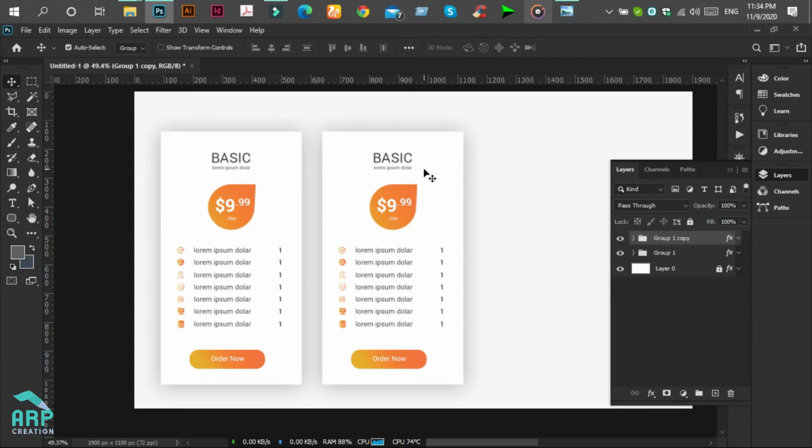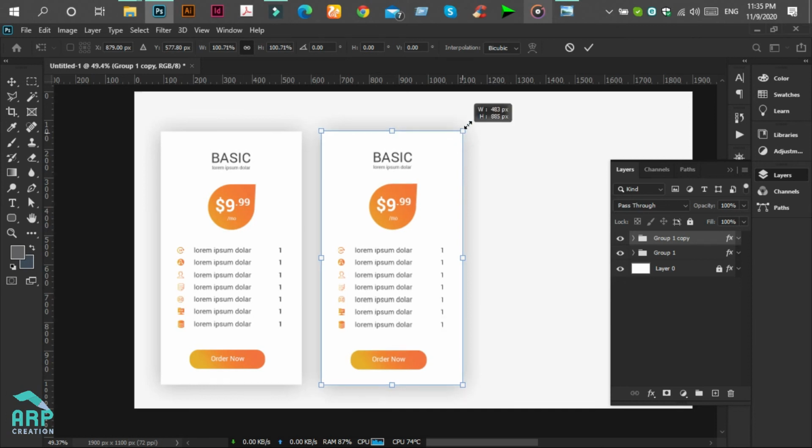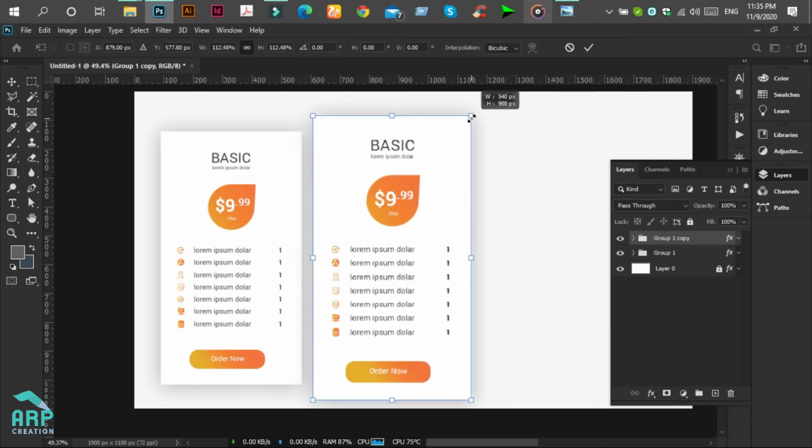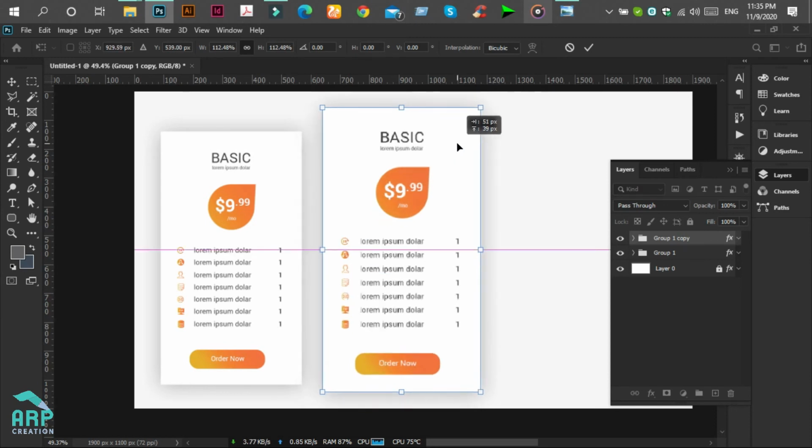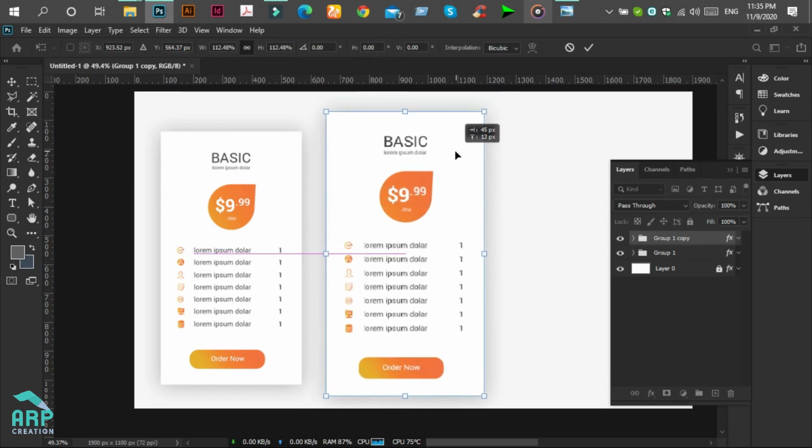Press Ctrl T on the keyboard to increase the package size. Press Alt on the keyboard to increase it proportionally. Okay, perfect.